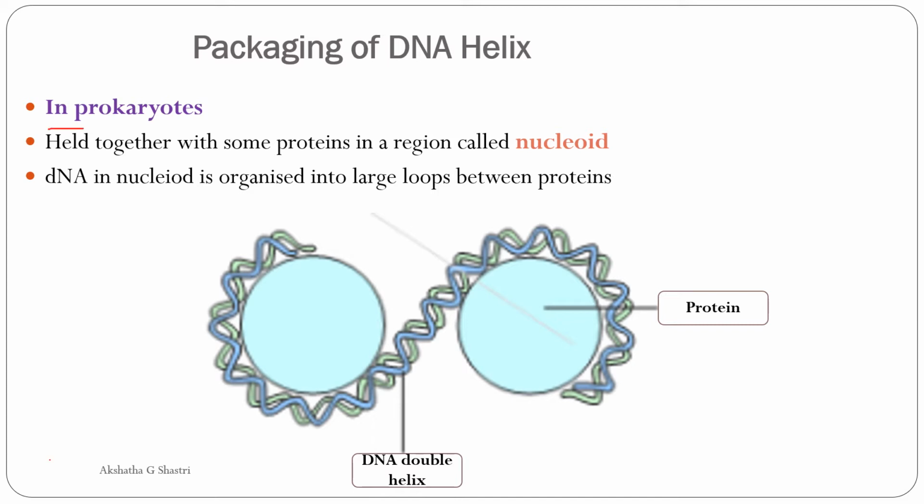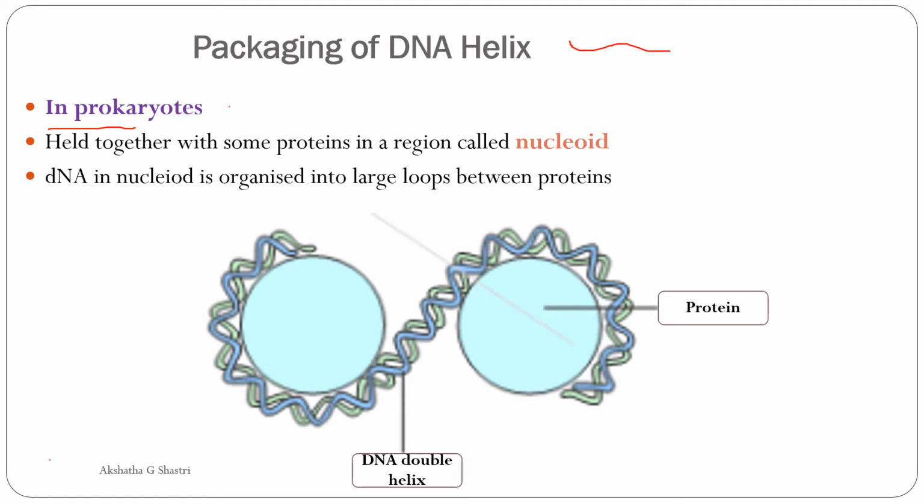I had already told you in the last class that the distance between two consecutive base pairs is around 0.34 nanometer, right? So, when it comes to the DNA, the length of DNA in a typical mammalian cell will come around 2 to 2.2 meters. So, how will this be packed? First, let's learn about the prokaryotes, then we'll talk about the mammalian cell.